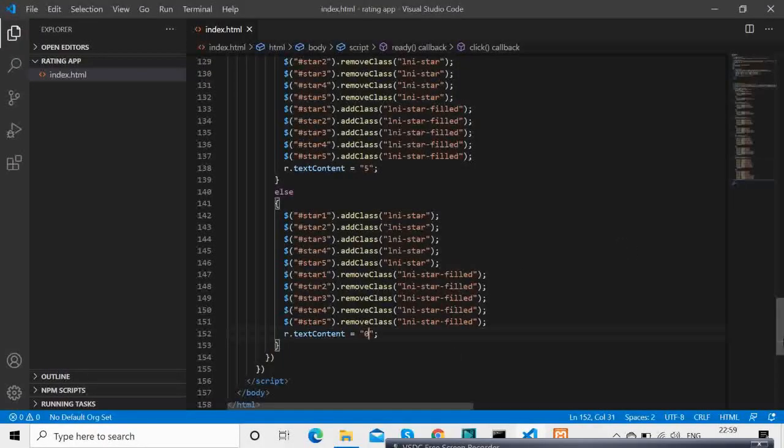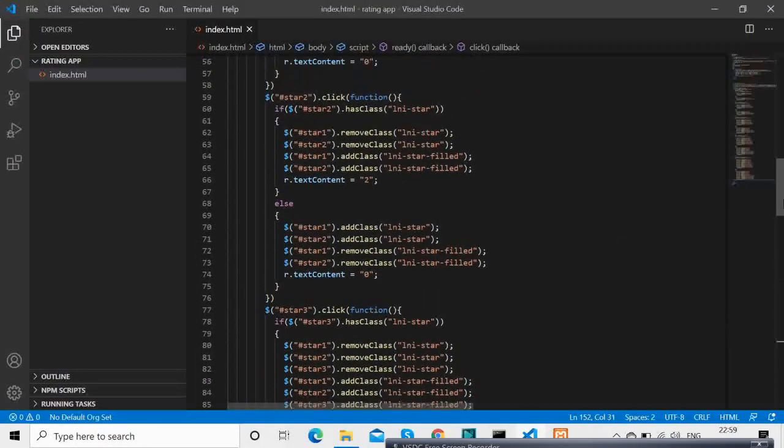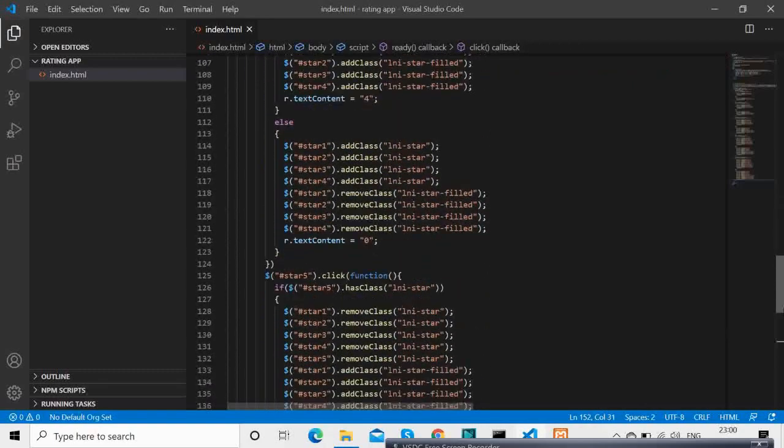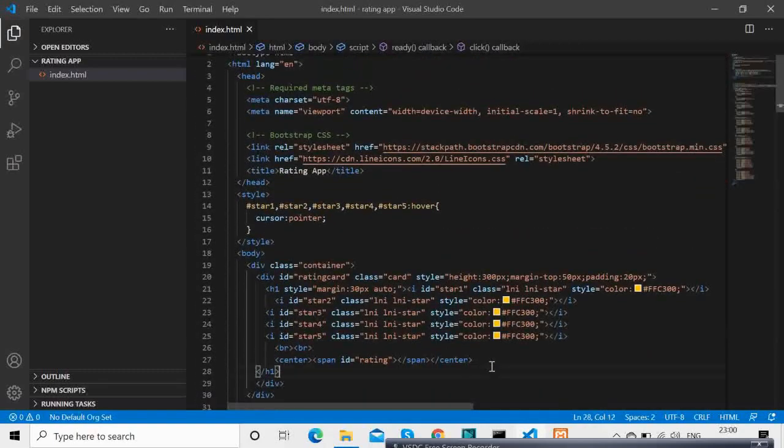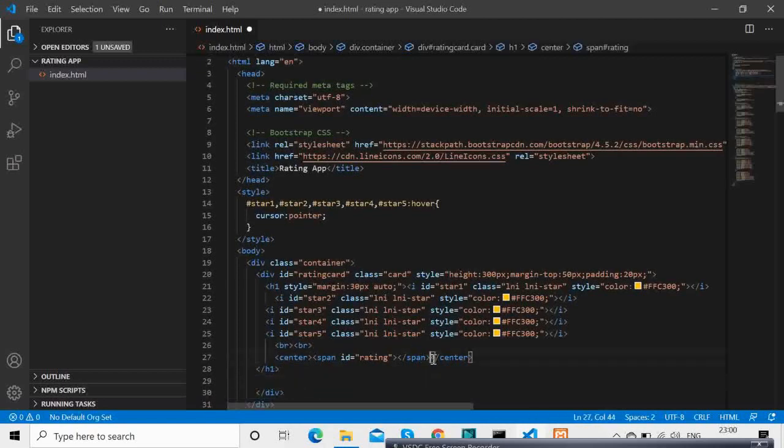Now lastly we'll add a button called submit. When someone clicks that submit button, we want that value to go to a database. We won't be covering that in this video. Hopefully we will come up with the database part in the next video, but in this video we'll just add a submit button so that it completes the application. An application will obviously require a call to action, so for that reason we are adding this. Once we add the submit button, we are done.